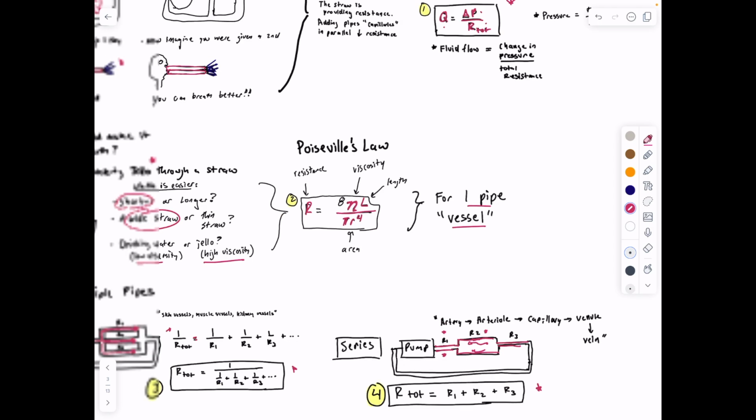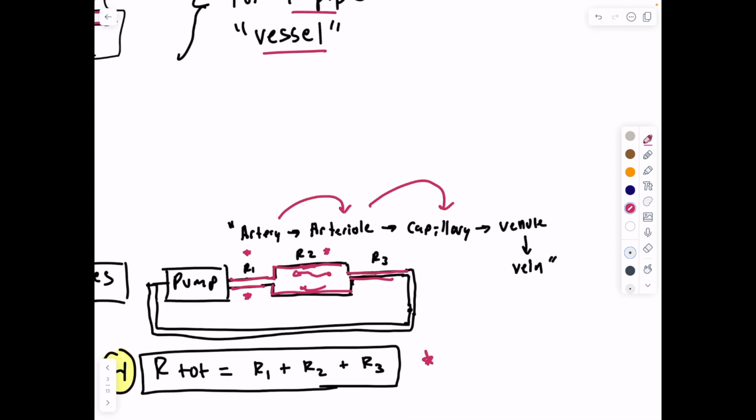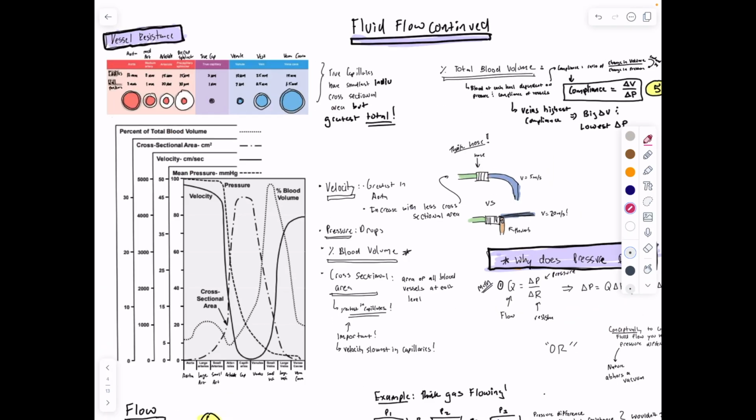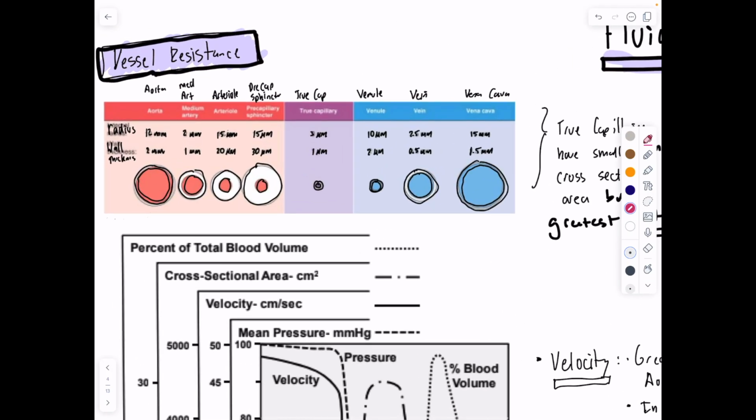R total is equal to R1 plus R2 plus R3, and this would be like our artery to our arteriole, in line with our capillary, in line with our venule, in line with our vein. All right, so as we get further and further, the total resistance is increasing. Looking at individual vessels, we can see that the aorta has an enormous diameter, and then specifically the capillaries have the tiniest diameter,